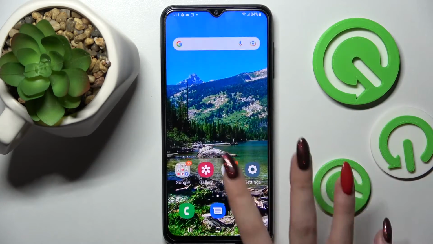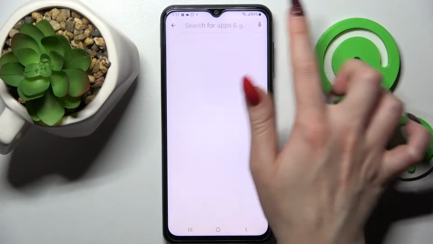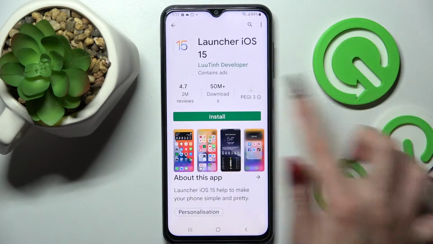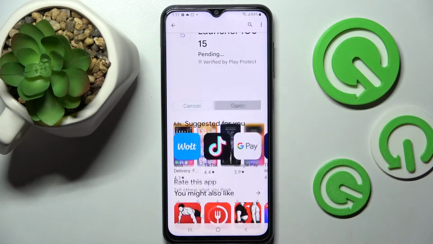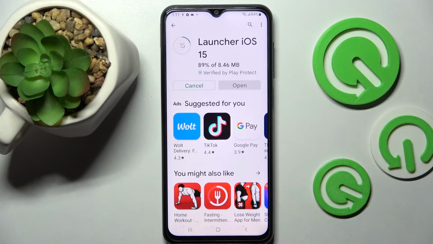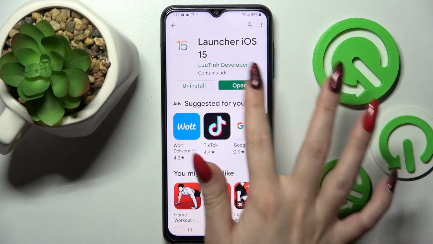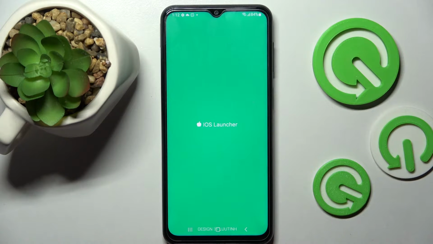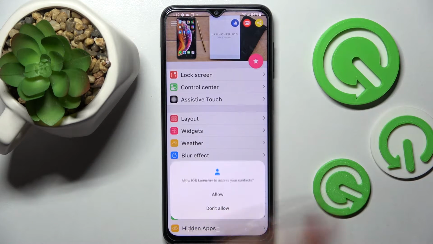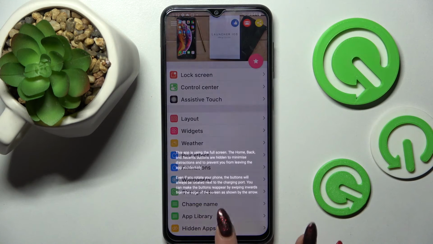Firstly, go into Play Store and tap on the search bar. Then you need to type in iOS Launcher and install this free app from this developer. After that, select Open. Now you need to wait for the pop-ups to show up, and when they do, select While using the app and Allow. Now finally click Home button